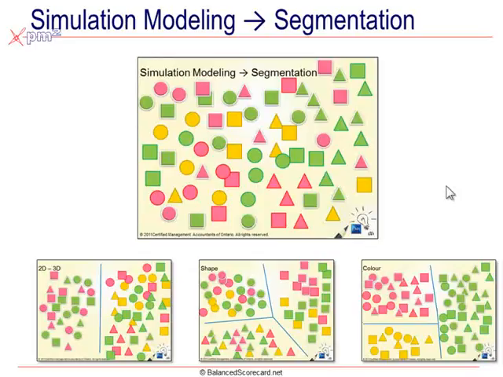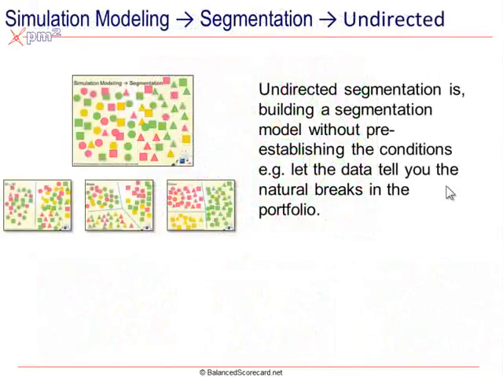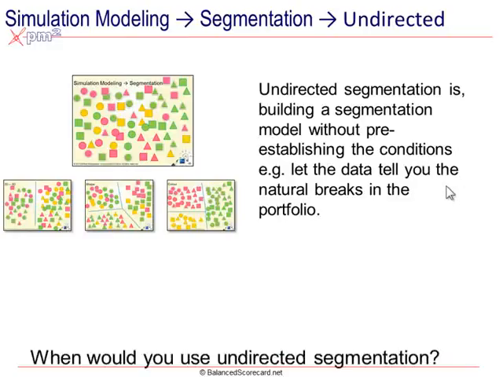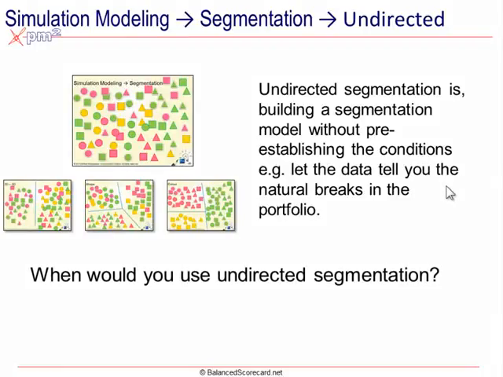But it's useful for different applications, and it all depends on what business we're in, what segmentation makes the most sense. There are different types of segmentation. There's directed, where we have specific agendas about how we want to take a look at the data, or undirected. Undirected allows us to take a look at a population and try to allow the population to tell us what